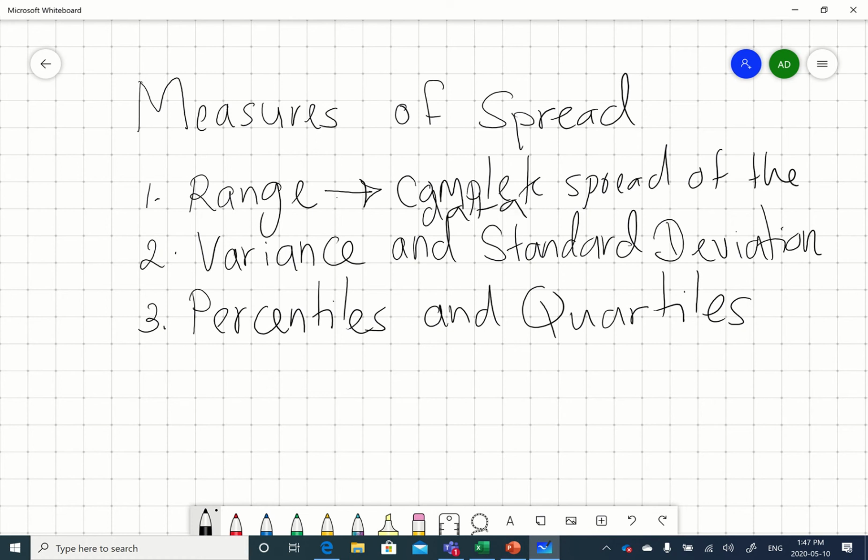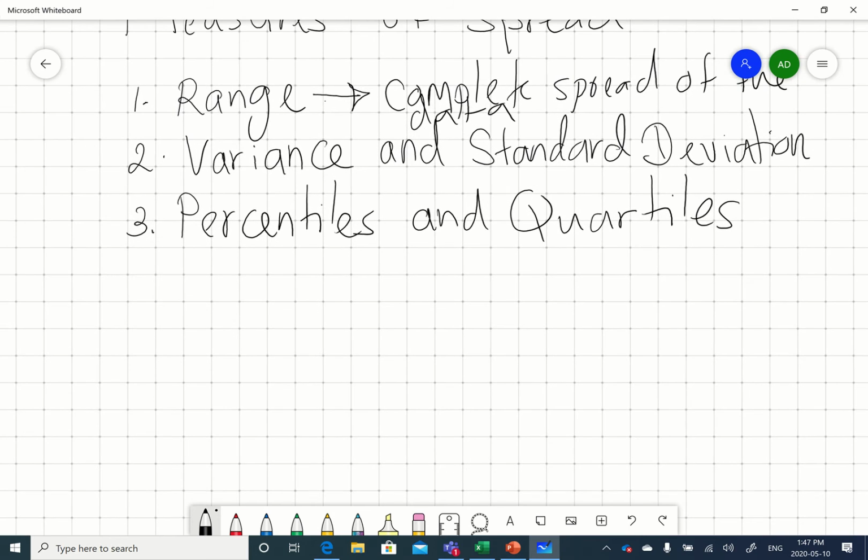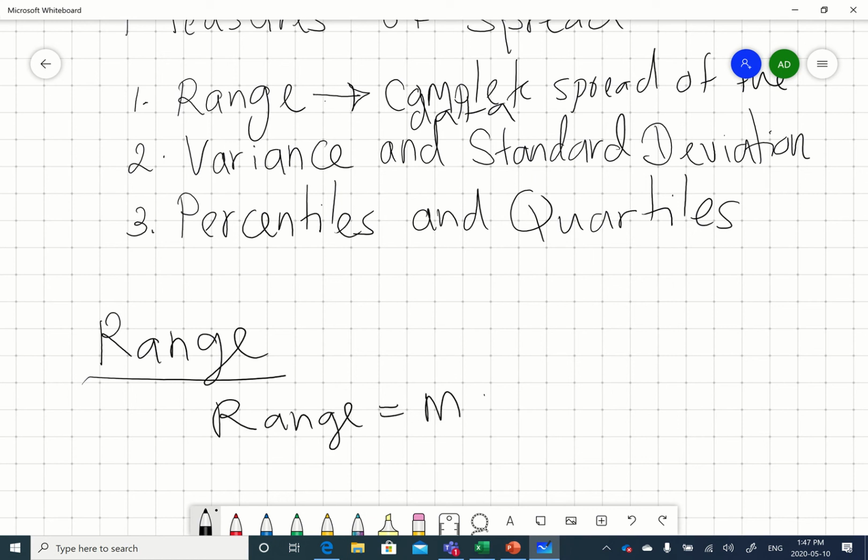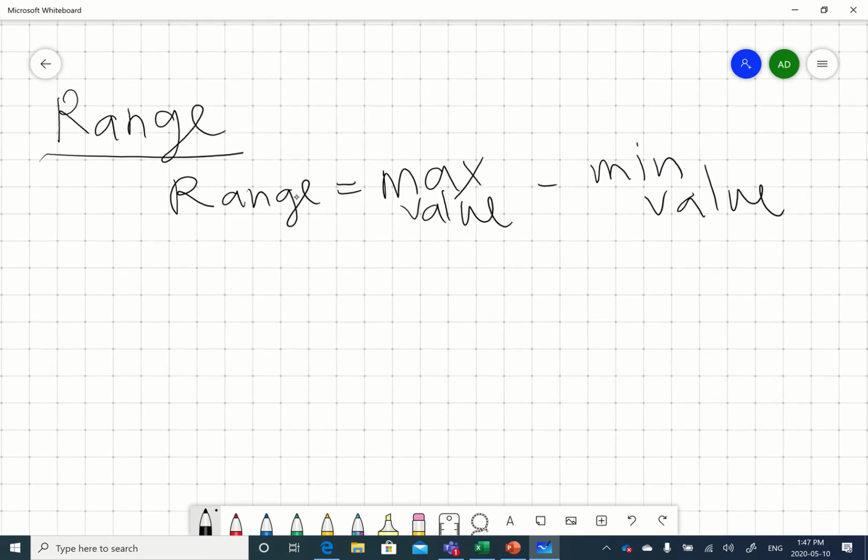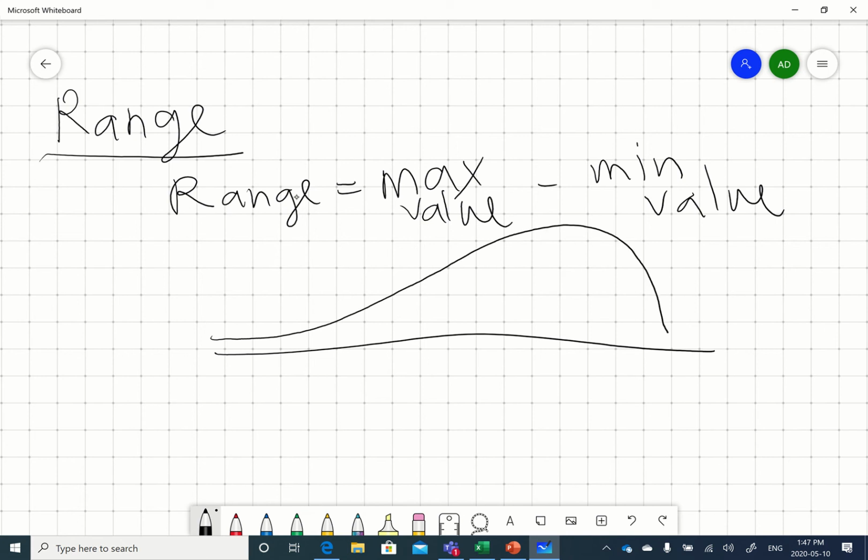So if you think about range, it's very easy to calculate. The complete spread is just the difference between the minimum data point and the maximum data point, right? So range is simply the maximum value in your data set minus the minimum value. The range is not a powerful measurement, because if you have extreme values, it is going to get affected by them. So you have some extreme values over here. So the complete range is this,